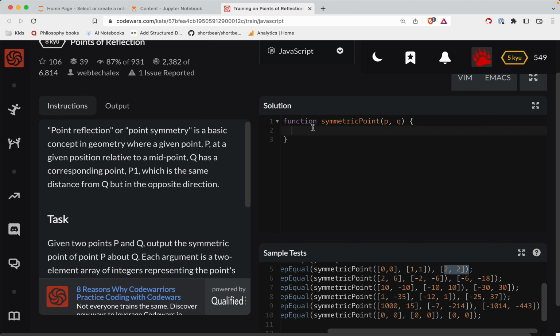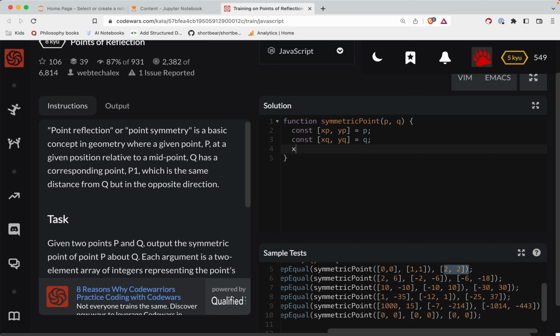Okay. So let's see. We're going to unpack these arrays. Okay, so we'll say const x1, y1 is equal to, or let's just call it xp. So x at that point, y at the point is equal to the point, and then we'll unpack a q. So x at q, y at q is equal to q. Okay, so now